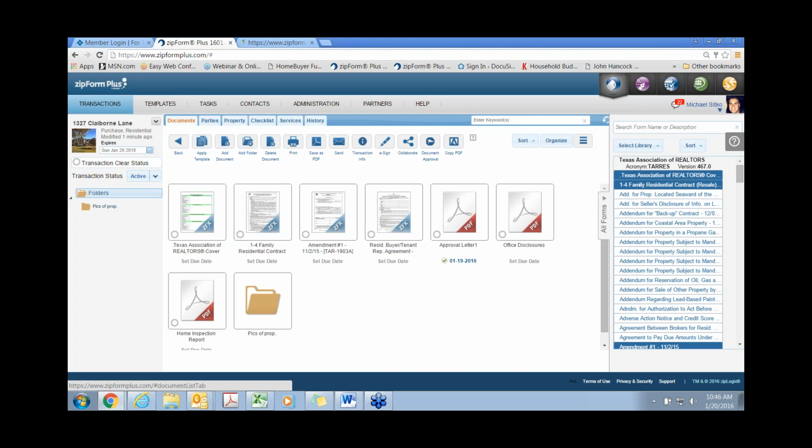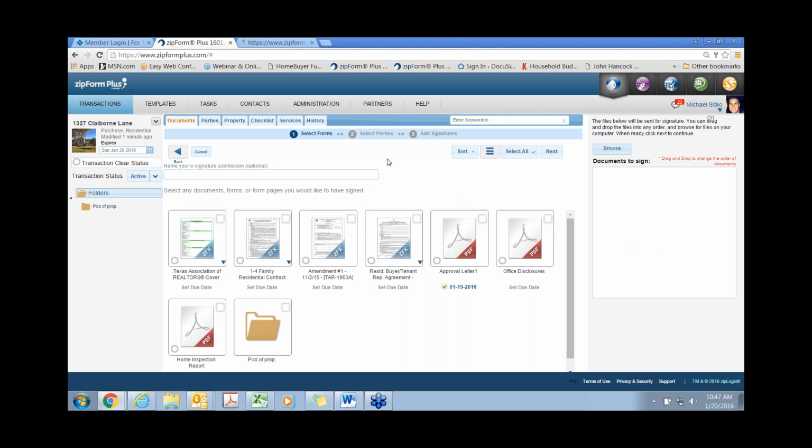So now that we have the approval letter in our transaction, let's go ahead and send this transaction out for e-signature. Okay, so we're going to click on e-sign. We are going to be using the digital ink solution. So we click on e-sign. We can name our submission if we like to. And we're going to select some documents. So we're going to sign the amendment, and we're going to send out a home inspection report as well. Okay, so then we'll click on Next,